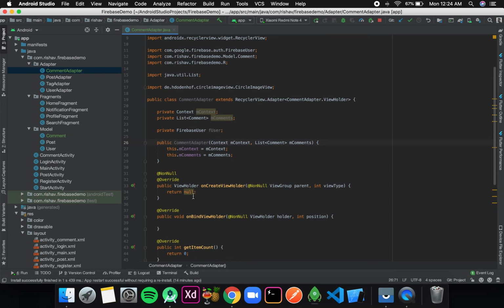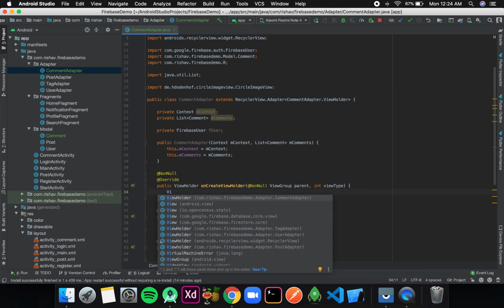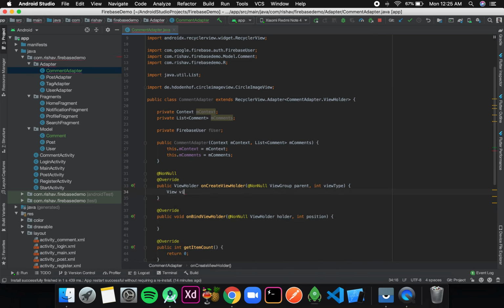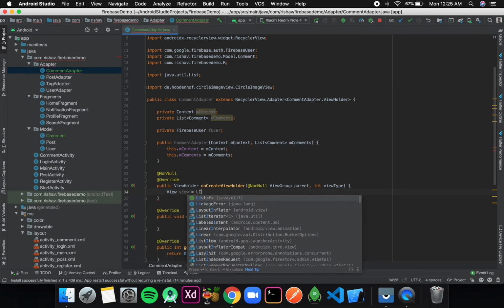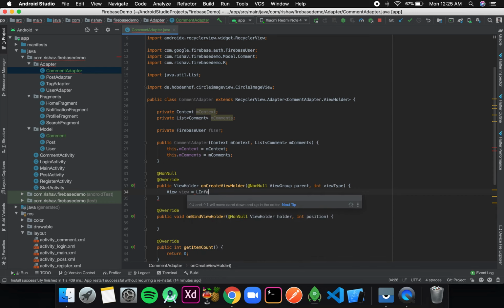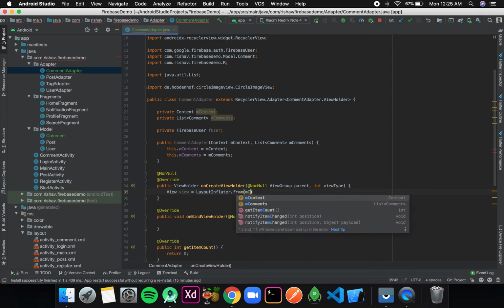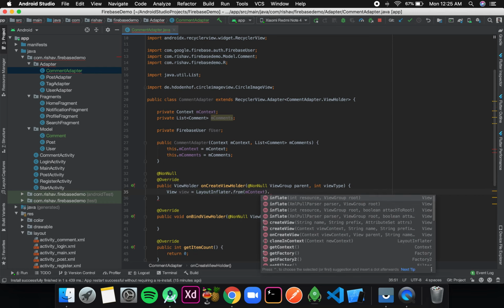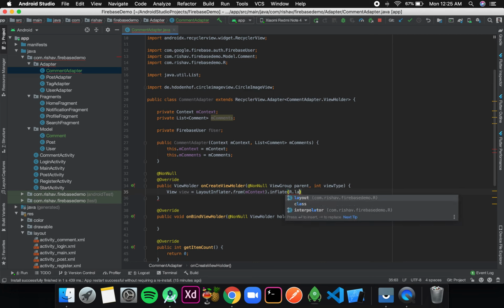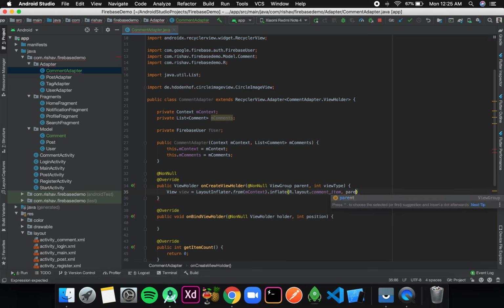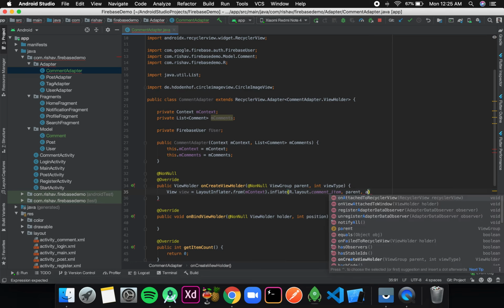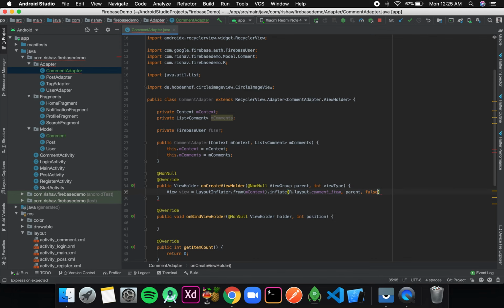Now inside this, on create view holder, I'll write view is equal to LayoutInflater.from, the context is mContext, inflate R.layout.comment item, and the view group is parent, attached to root is false.